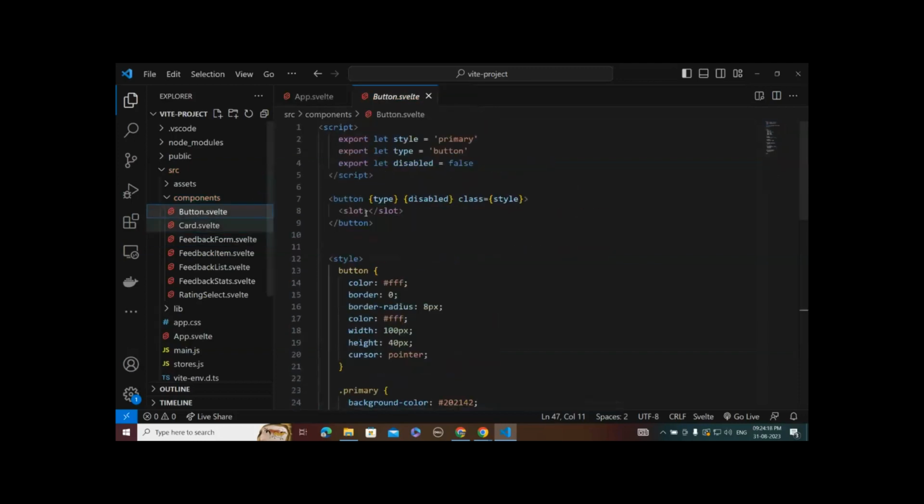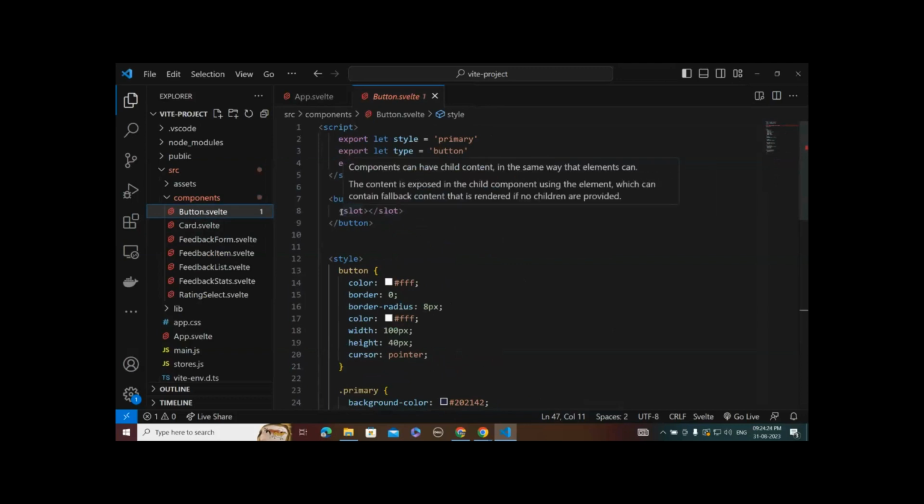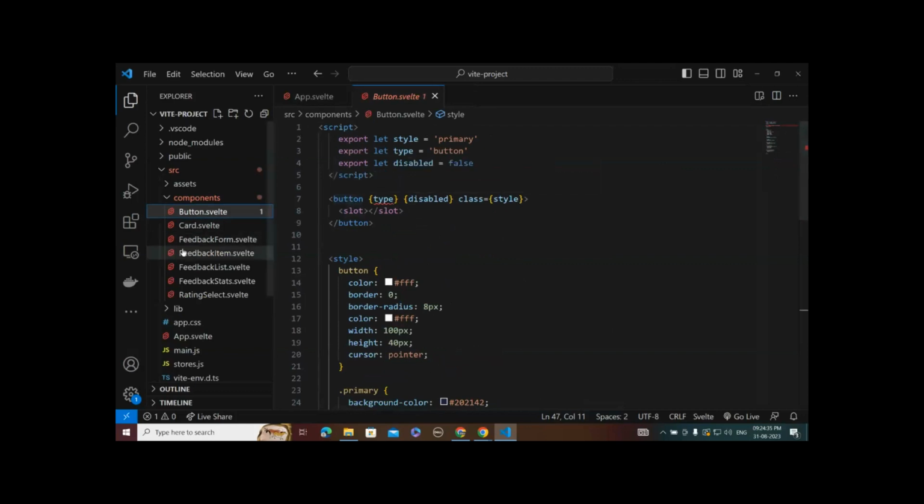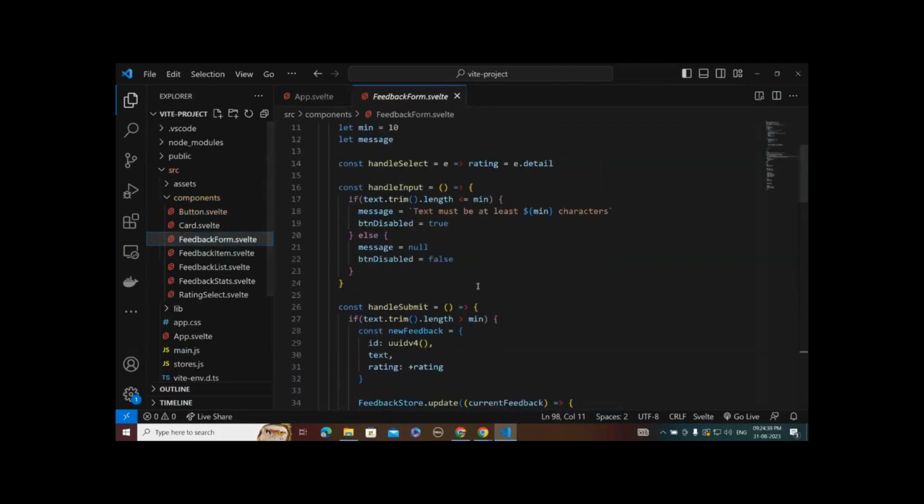And the button component, which I am using in the feedback form, is using a slot, which is taking data that is passed to this component.